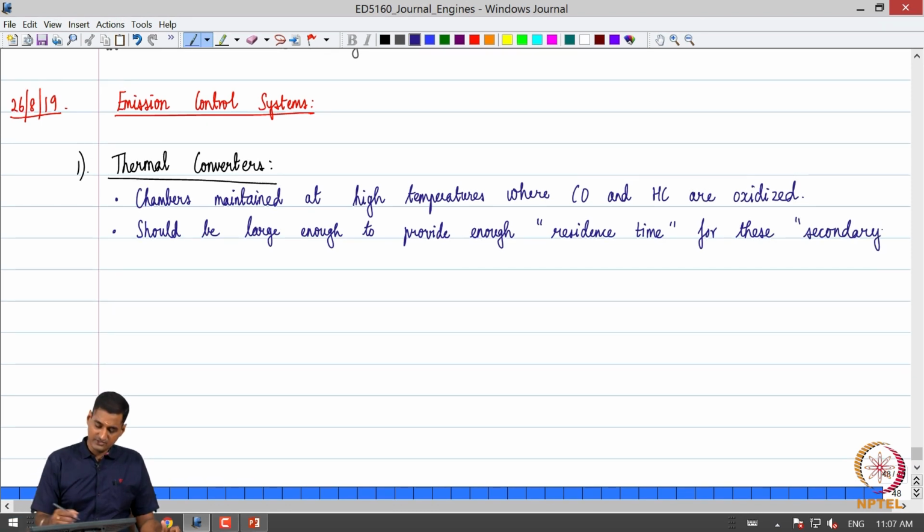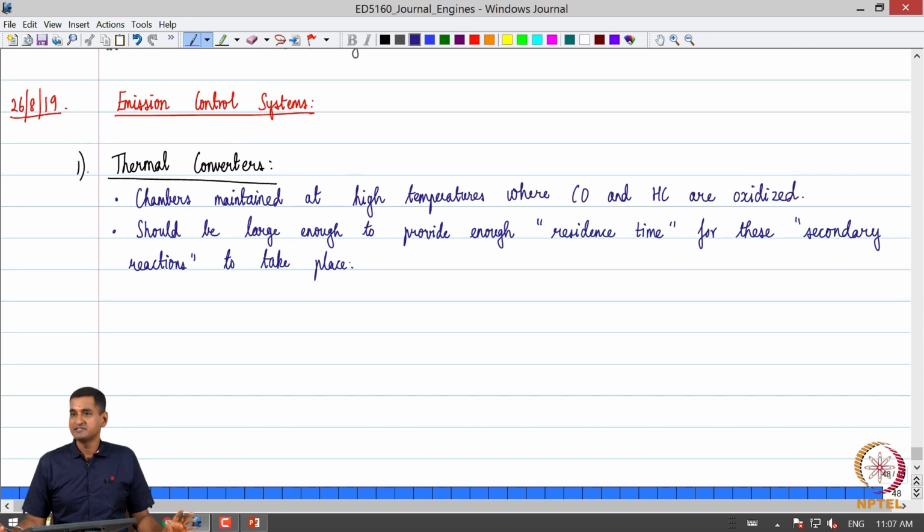Okay. So, that is a challenge, right, is it not, because we need to fit these sufficiently large chambers